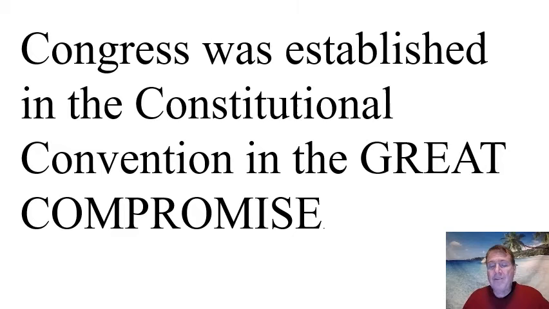Virginia, during the Constitutional Convention, had their plan where the big population states would rule, and New Jersey had their plan where the small population states would rule. Then Connecticut came up with a compromise called the Great Compromise, whereby you take parts of the New Jersey plan and Virginia plan and put them together. And basically, you would have the small population states and the big population states having to work together through two separate houses of Congress in order to make the laws.